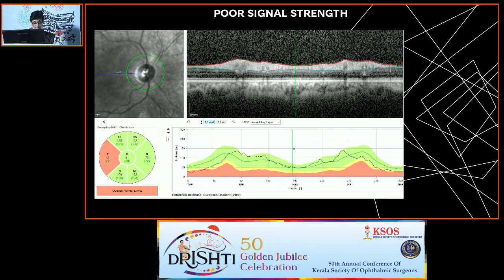So what does a poor signal strength lead to? A poor signal strength is best seen by